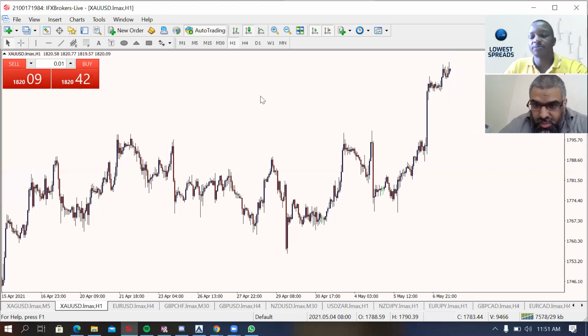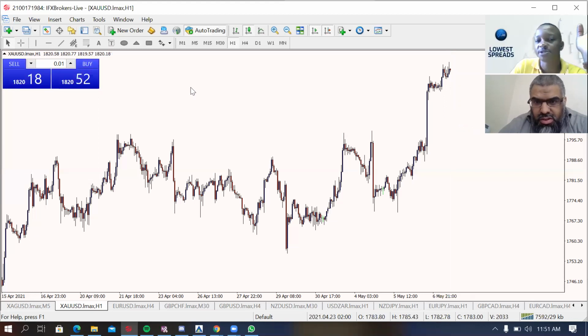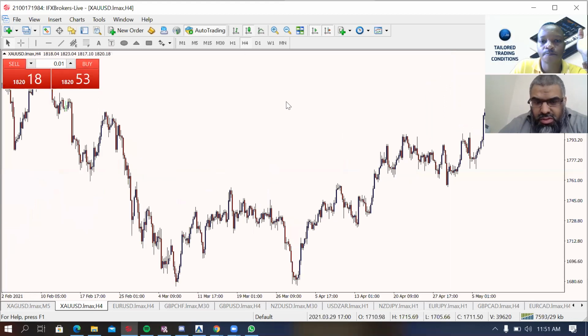But the question that you should be asking me now is this: how do you know that price is gonna retest? We need confirmation. How do you know that price will turn there and go back to test? You should check your support and resistance. So if you go to H4,